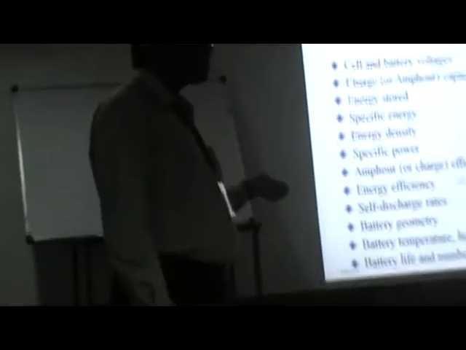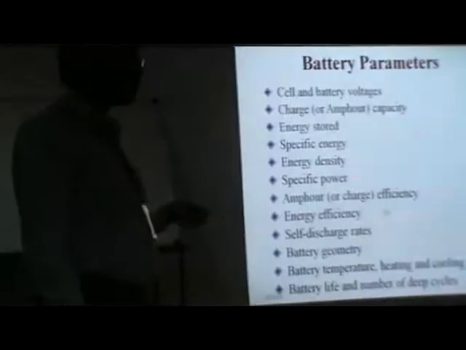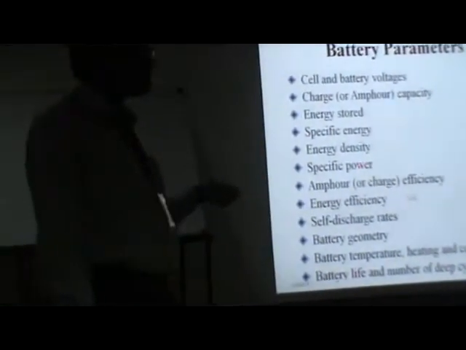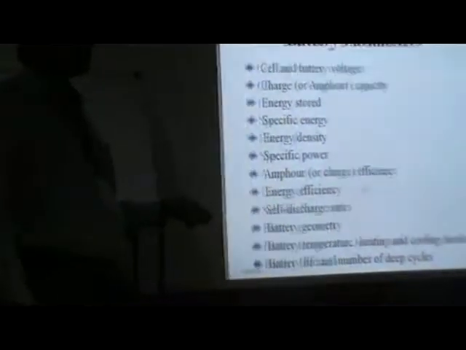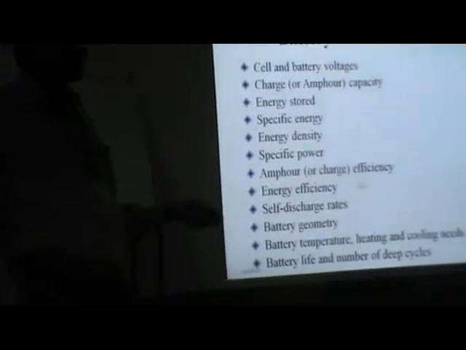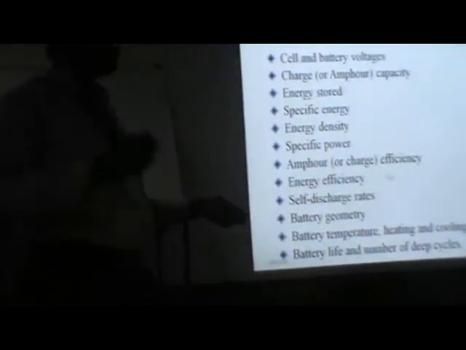Now, the chemical reaction: what is the intensity of the chemical? Then it is the energy density, which is also based on the chemical factor. Then specific power, ampere hour efficiency. That is the ampere hour in terms of capacity, and the ampere hour in terms of efficiency, which is the discharge. Next one is the energy efficiency. How much load is connected, how long the battery is working, and how many times you have to charge and discharge.